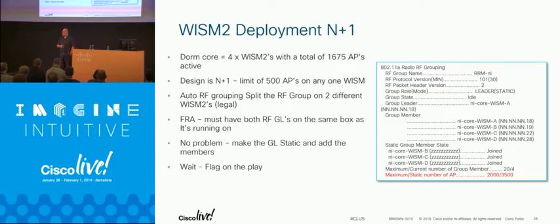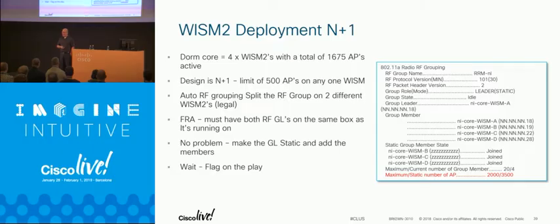The other thing is if you do split the group and you go with a dedicated static leader, it counts the license count of the APs. So be aware of that. We had a situation that happened at a university, and we got the following screen up there, that he had 2,000 for a maximum of 3,500 APs. All he'd done is taken his 4 WISMs and converted them over to static to help FRA get a better resolution.